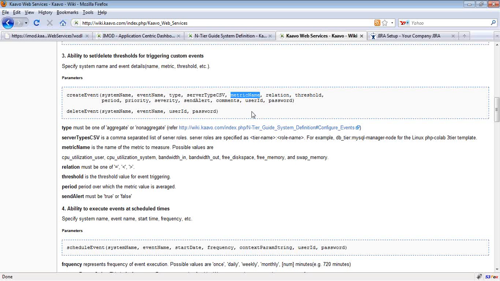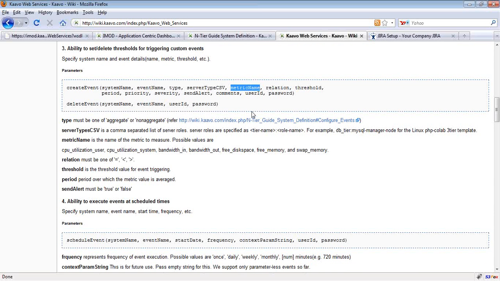If CPU utilization goes up, it means that you need to add more resources to the system so that the system can handle increased load. And this is how to do it.